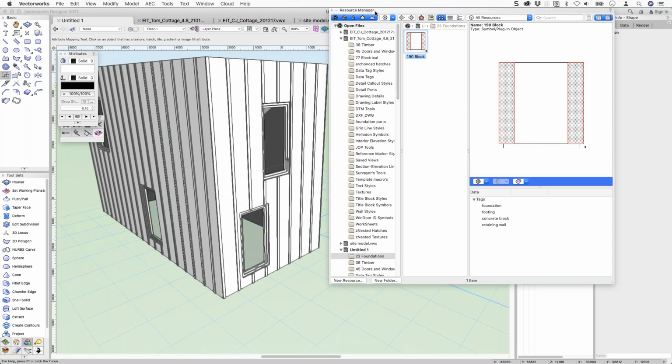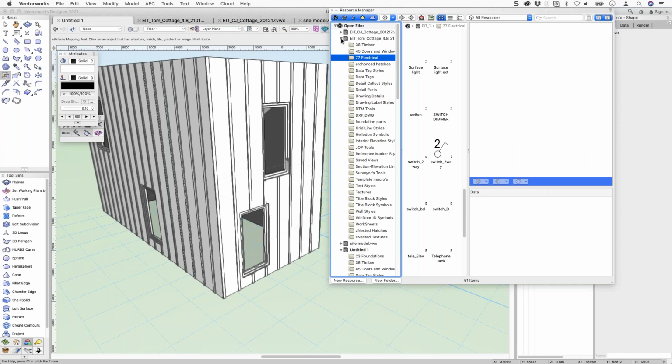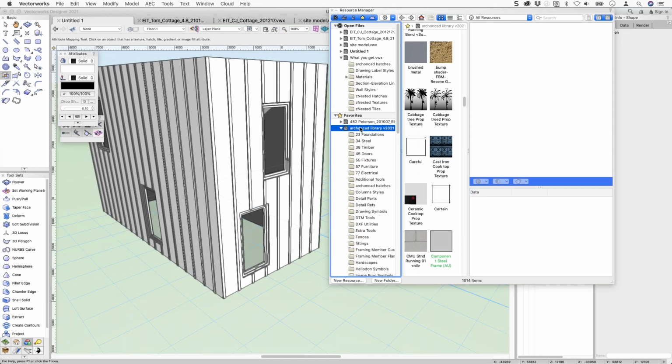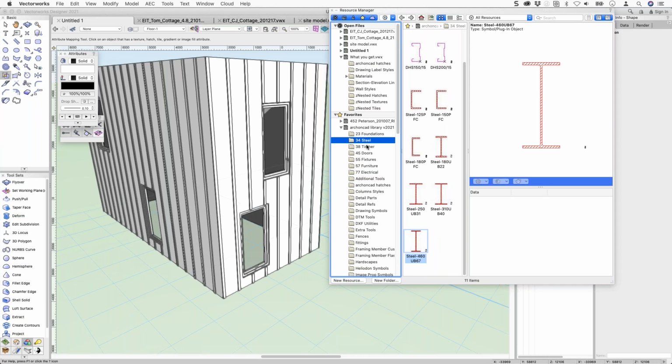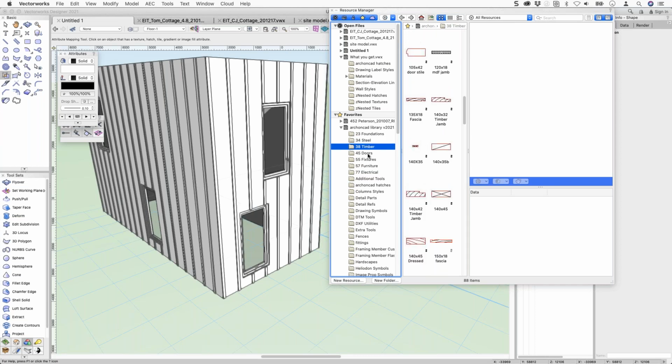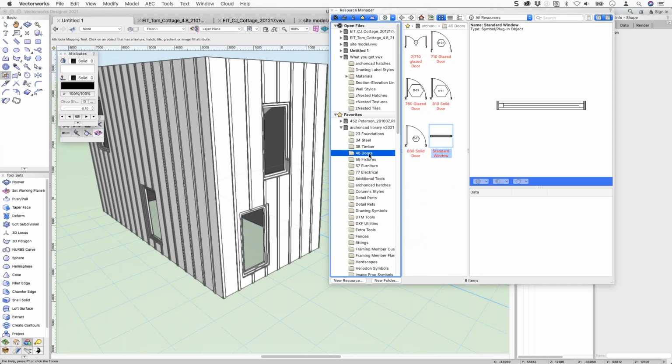I have created over the years an office standard of symbols. So for example, those are my electrical symbols. I've got a single library file that has all of my resources in it, Dennis. So absolutely everything that I need should be in here. All my foundation details, my steel objects, my timber objects that I need, doors, and actually, I think I've got